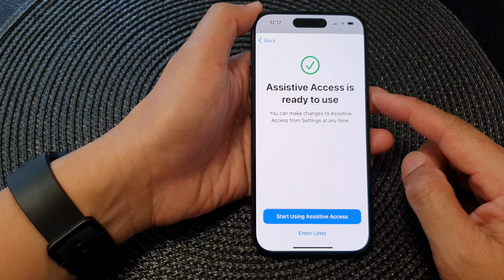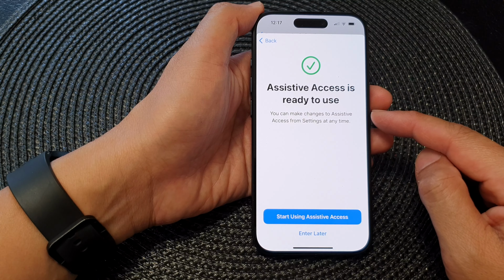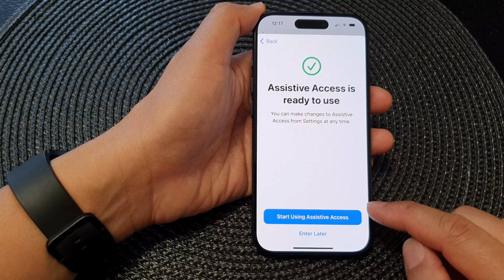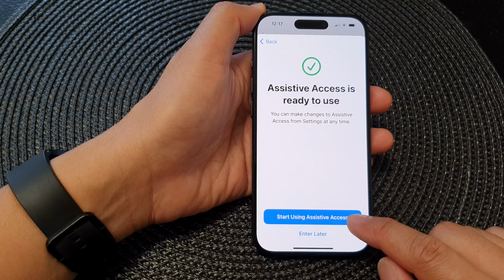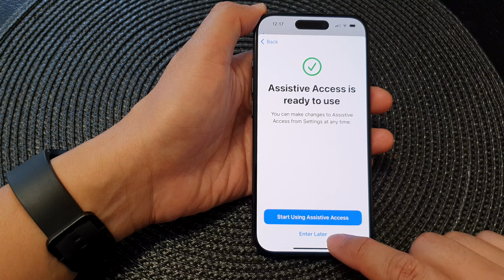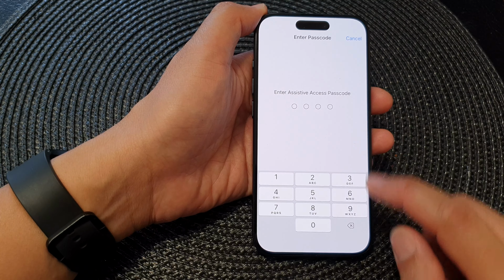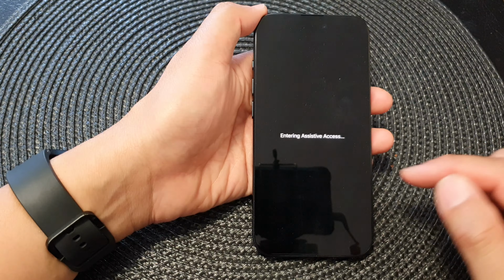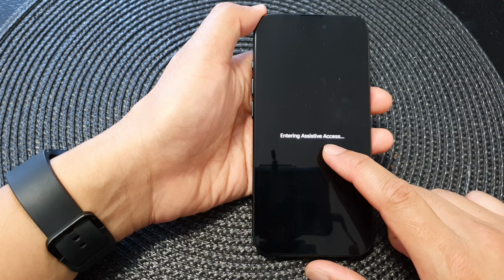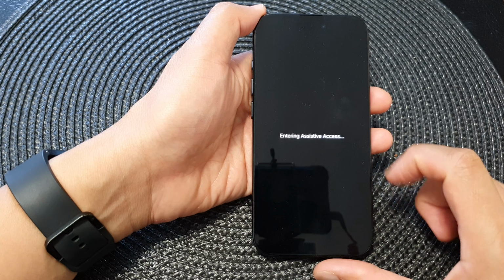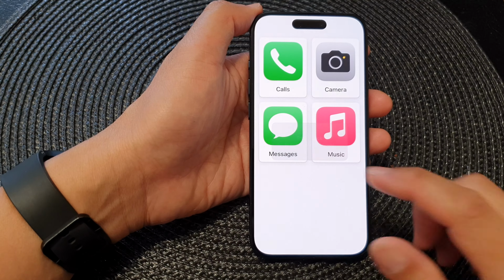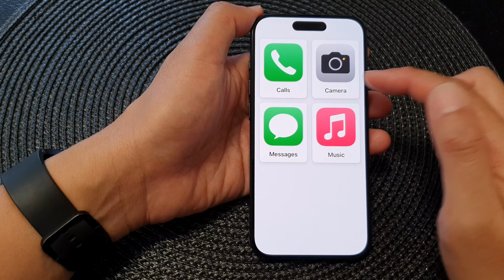And it says assistive access is ready to use. You can make changes to assistive access from settings at any time. And you can start using assistive access now or later. So I'm going to start using it now. And we need to put in the passcode to start. And that's it. The phone is now entering assistive access. Okay, so you can see in assistive access,